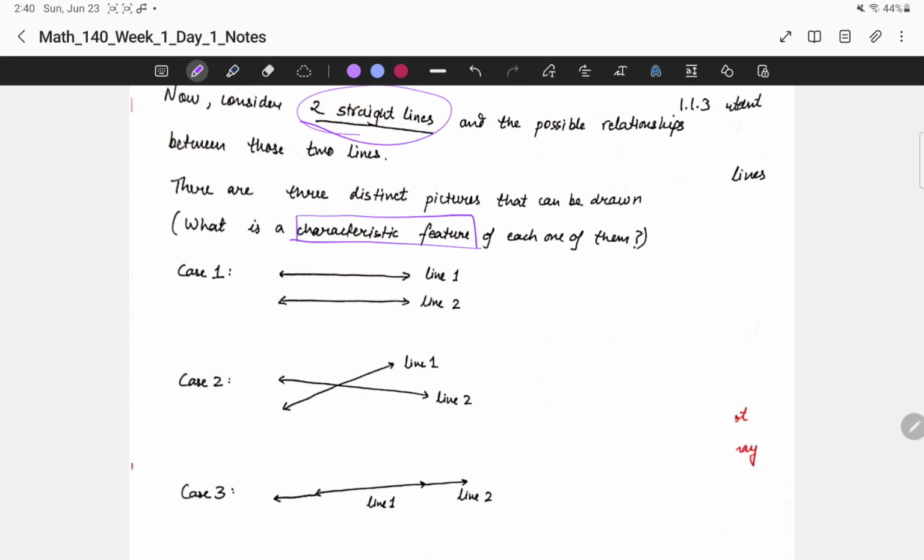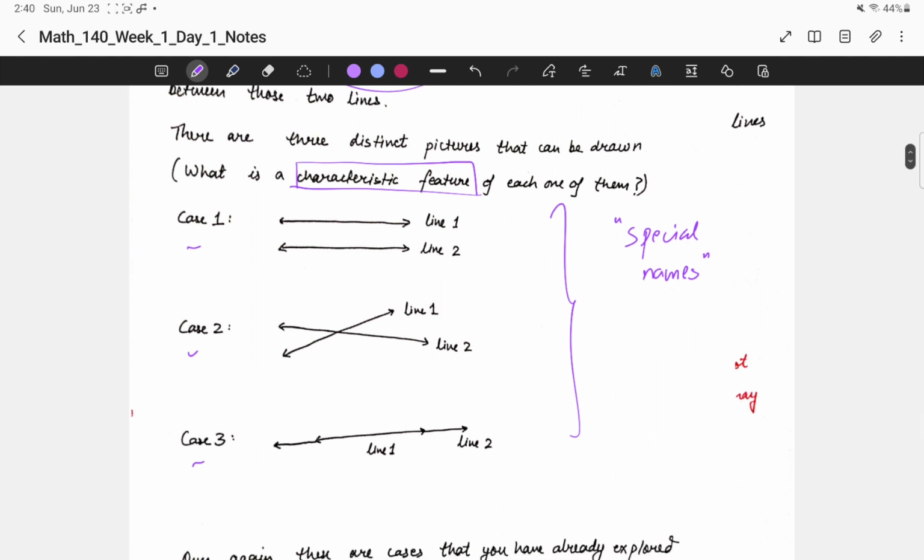I'm calling this case 1, I'm calling this case 2, and I'm calling this case 3. Over here, you can fill in the special names that these have. Again, this is something that you've done in Math 103 and or any other math class that you've taken before. What I'm trying to introduce here, more than the knowledge of what these are called, because you've already been exposed to that, is this method of studying where you look at objects and then you look at the